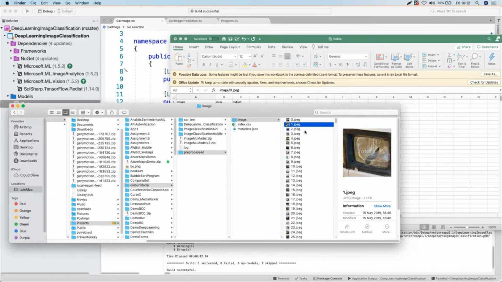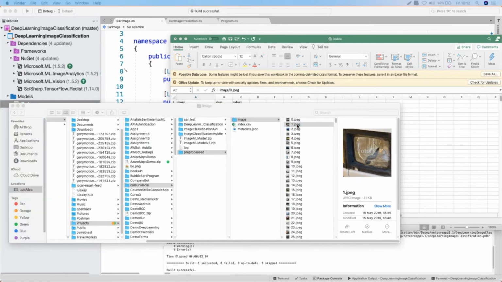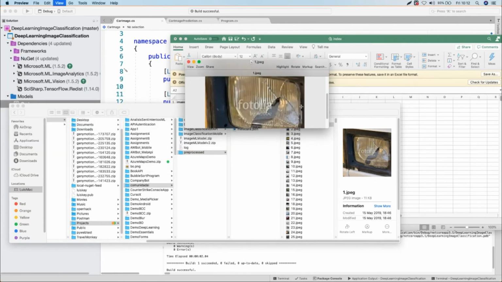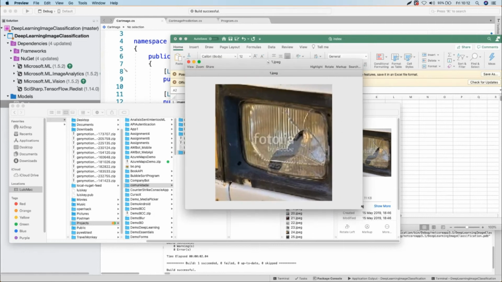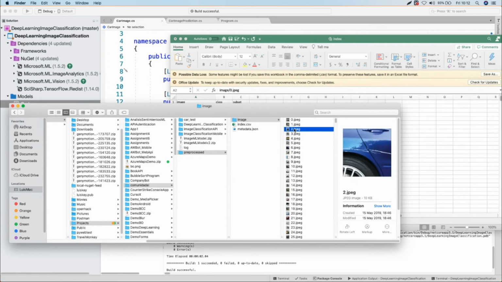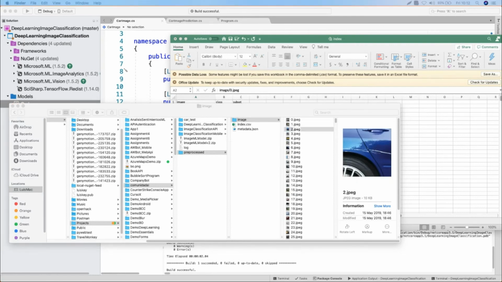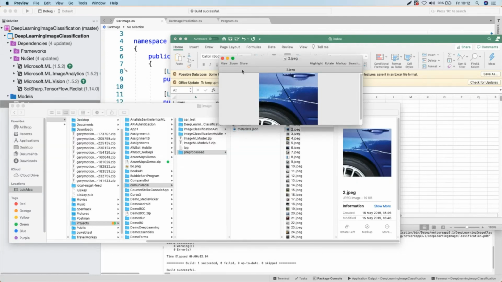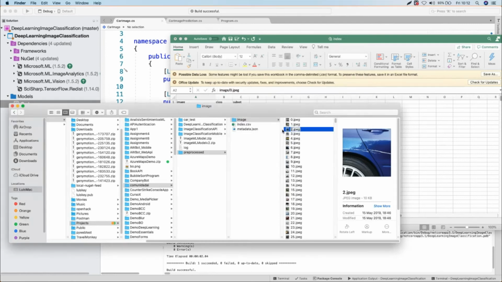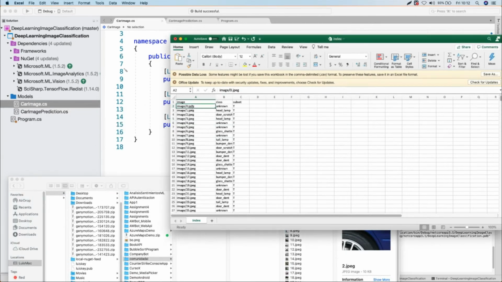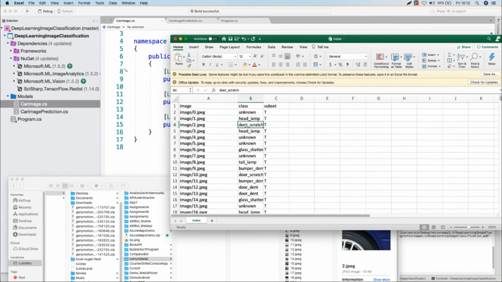So you can see this picture, which has some kind of broken lamp or glass. So this is an issue that a car has. We go to the second image. There is also this problem. Yeah. And actually, this is label data because you have picture and the class. Okay, so in the first example, there was a headlamp issue. Second one, door scratch, and so on.